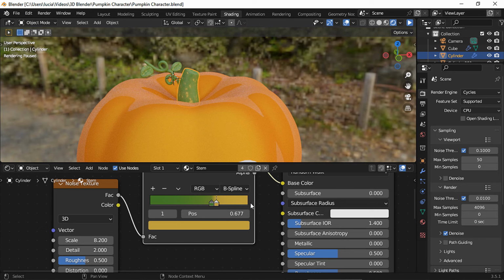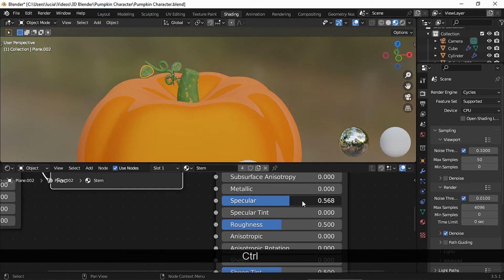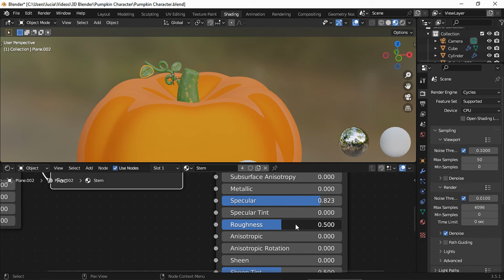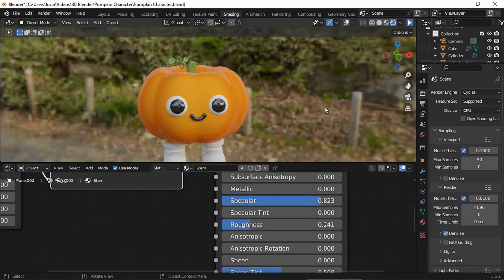You could choose 2 green shades instead, or you could even create a new material for the lips and choose a different noise number to create smaller or bigger spots, or you can even get rid of that node and make the lips completely green. And even if it doesn't look very realistic, I decided to make this material a bit shiny, just to make it look cartoonish.